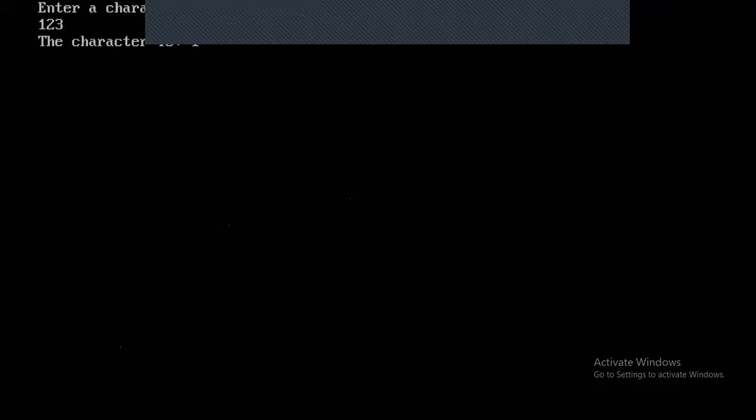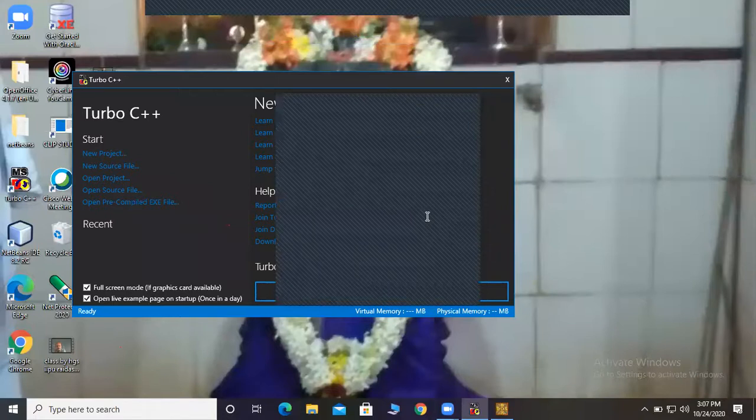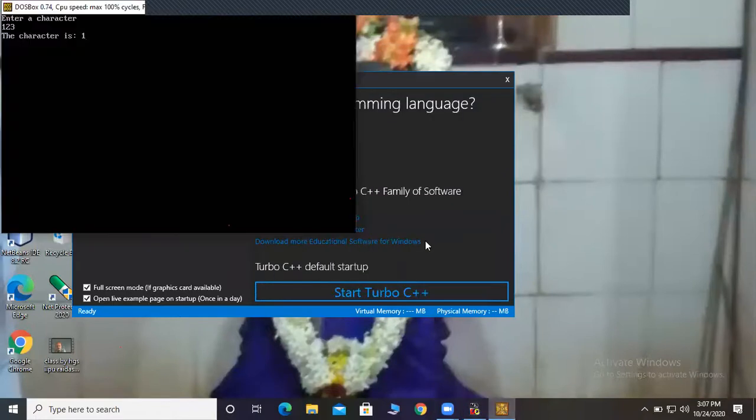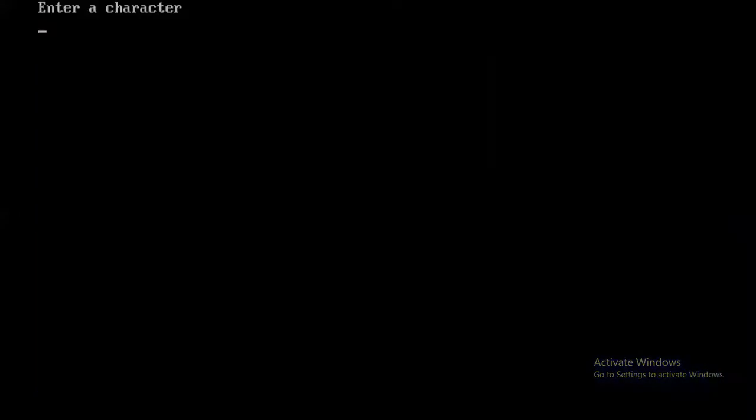Only 1 is stored. 2 and 3 are not considered as input. One more time I will execute. Even if you type three letters, only one letter is read.